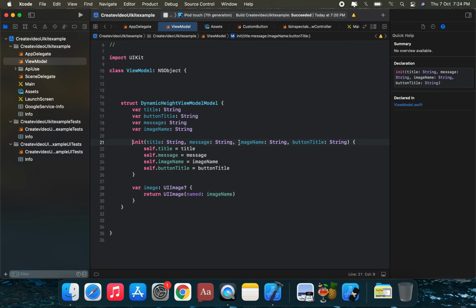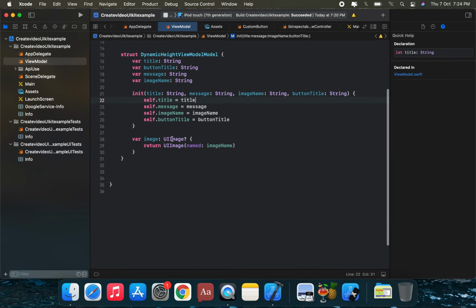And we're going to create the initializers, passing in these properties: title, image name, and we're going to create a computed var image property returning the image from the image name.